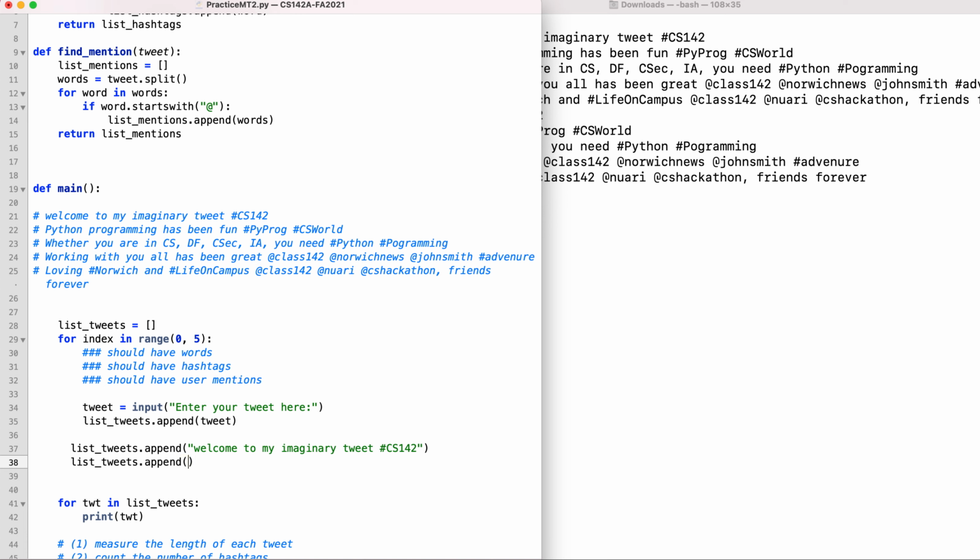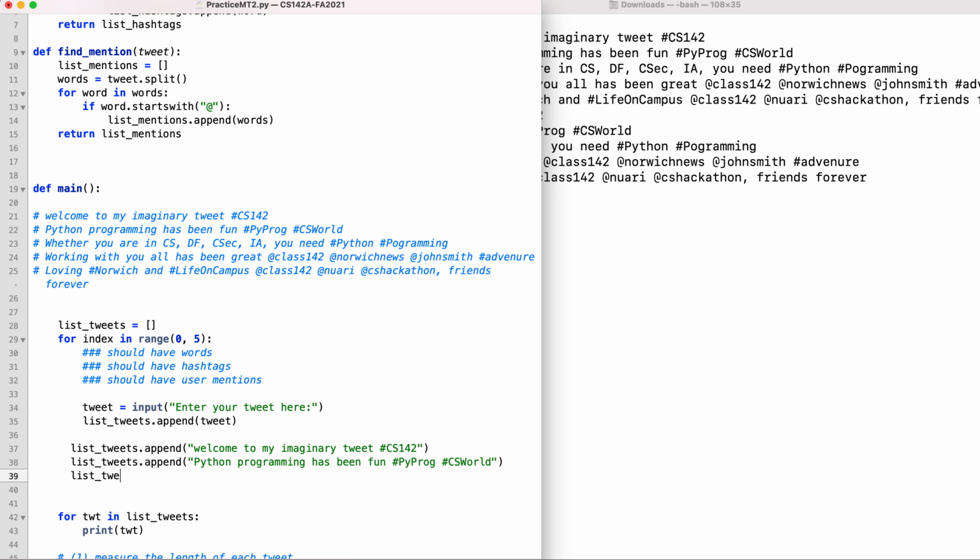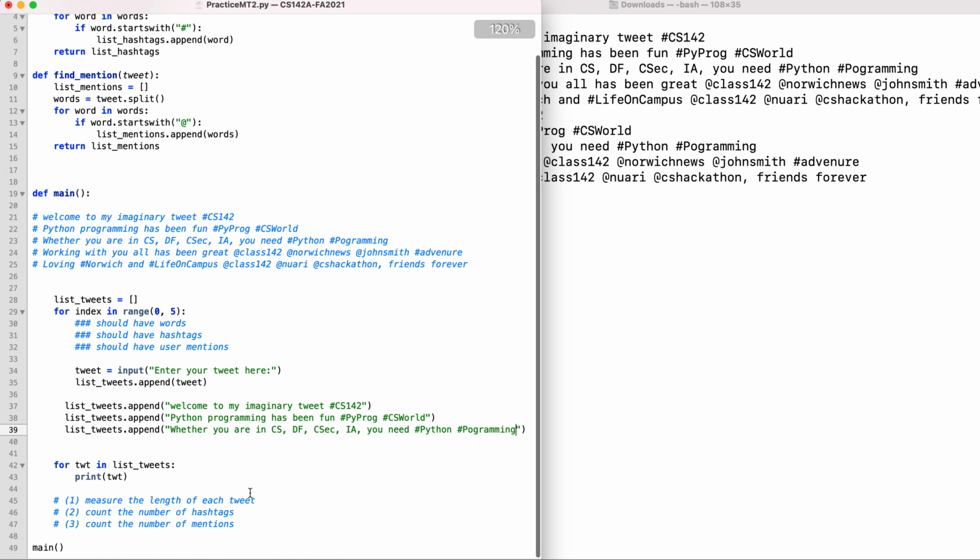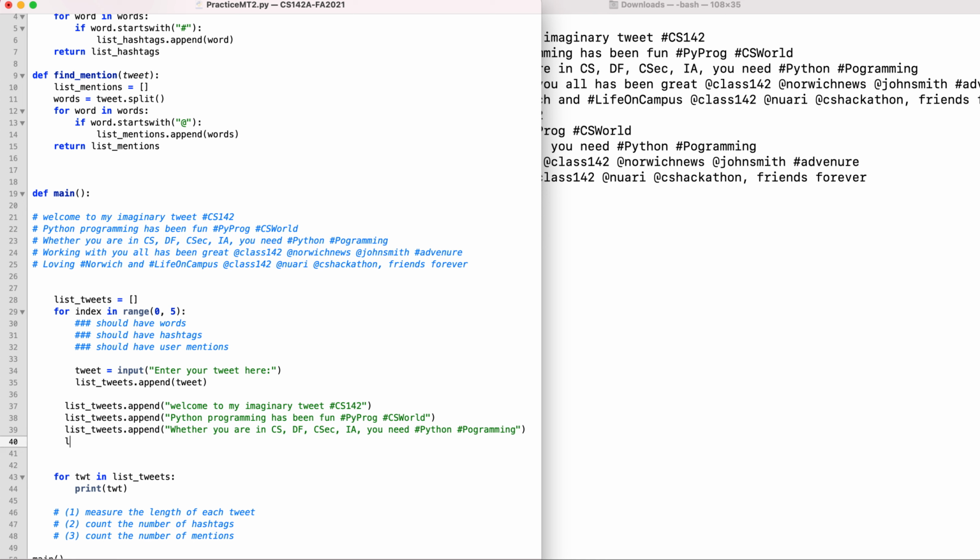Append like that. And then I'm gonna do it 1 more time. List of tweets, append, and we can do this, and then also list of tweets, append. Append. That's the fourth. And